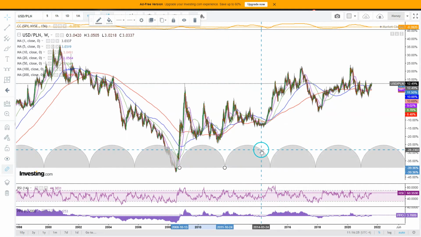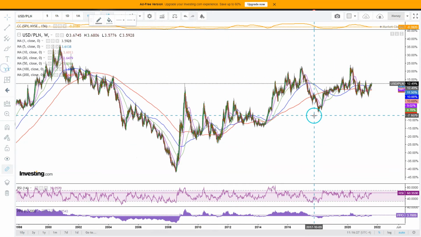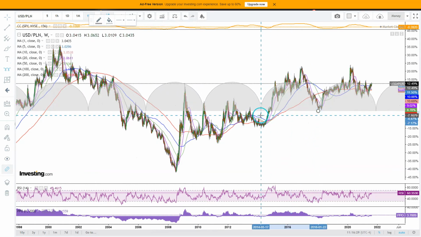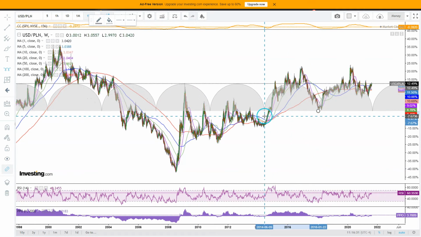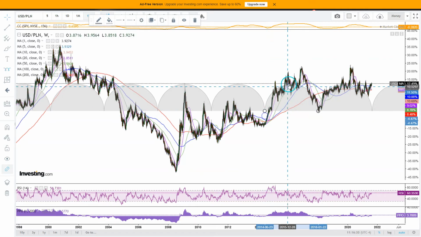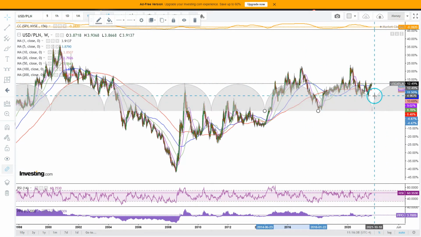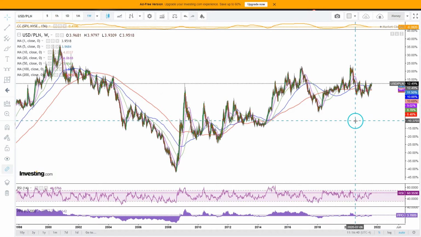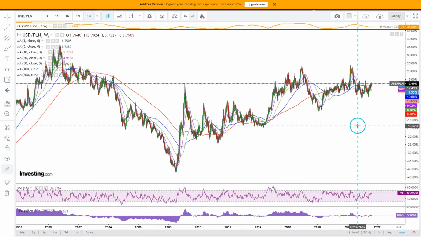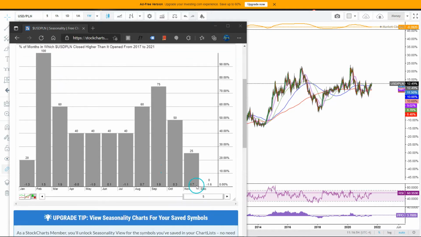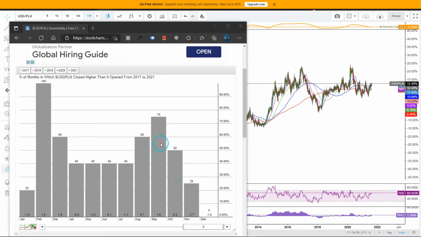So it could be that we are now going to experience some of these larger time cycles. But even if we do take this large time cycle here as the projection, it suggests that there could be a rising phase developing. Looking at the seasonality over the last 5 years, September is a rather strong month here for the US